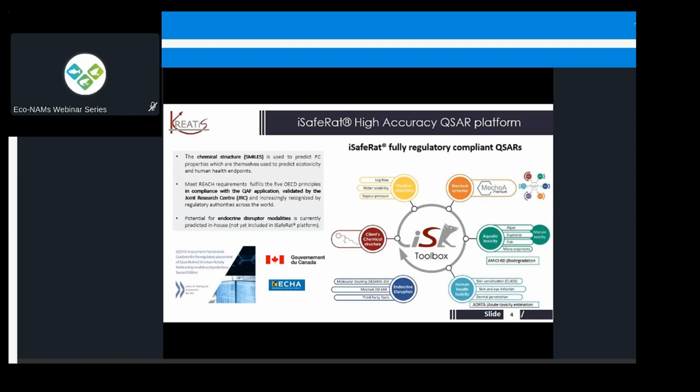We also have a published paper on how to do this for mixture toxicity, and it's not just an additivity approach as is used, for example, by the GHS CLP. We also have a biodegradation study, which is included within the software now. And on the human side, we can also cover skin sensitization, skin irritation, and dermal penetration, shortly acute toxicity estimation, shortly also endocrine disruption. We will have an endocrine disruption QSAR at the moment for thyroid, and we're expanding on that.